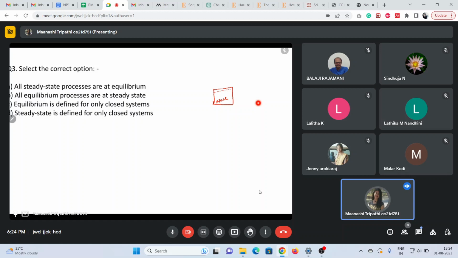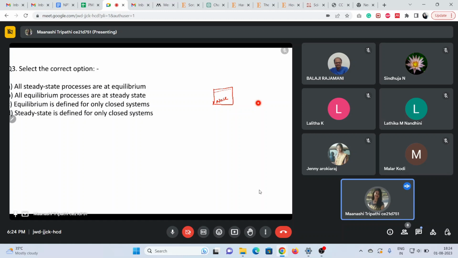So which of these are correct options? Someone has answered it's option 3. Yes, it is very true. Steady state can be reached even in a river. In a natural river it will never be reached, but in an ideal condition it can be considered that some rivers or man-made water bodies are in steady state. Rivers, water bodies, or open channel flow are not closed systems, right? So that option is not correct.